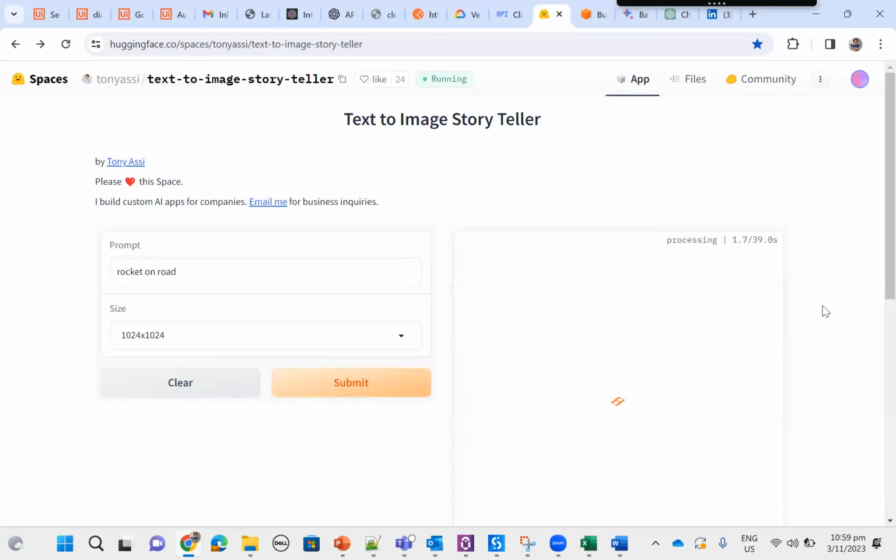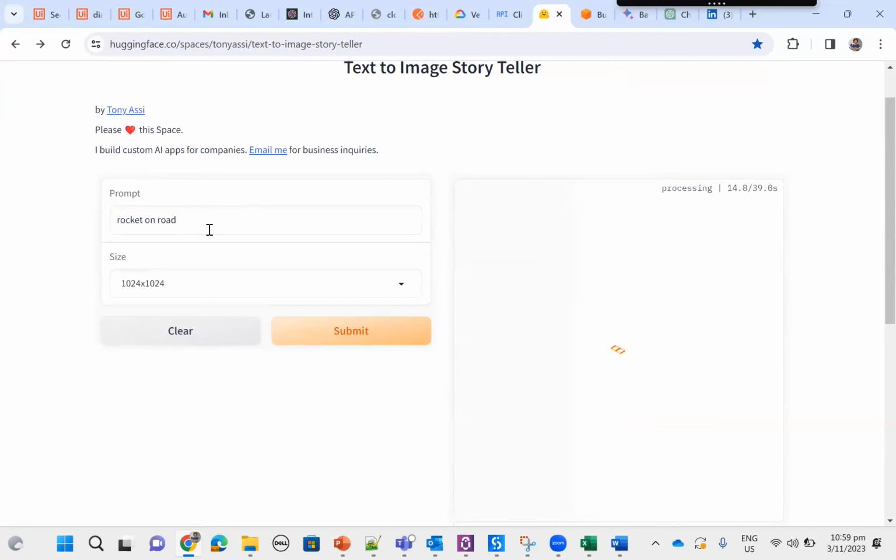If I submit "rocket on road," I have provided very little information in the prompt, right? Just three words, that's all, rocket on road. It's taking its own sweet time. Now, what is happening here? It's actually generating an image based on the input which I provided, right? And I'm not sure what kind of image it will provide, what kind of